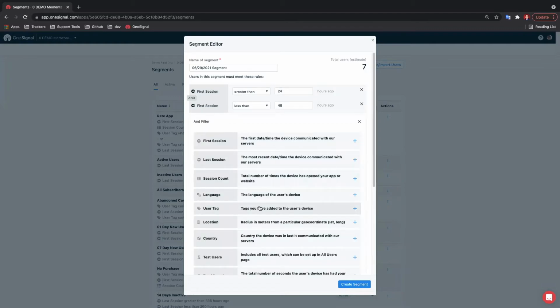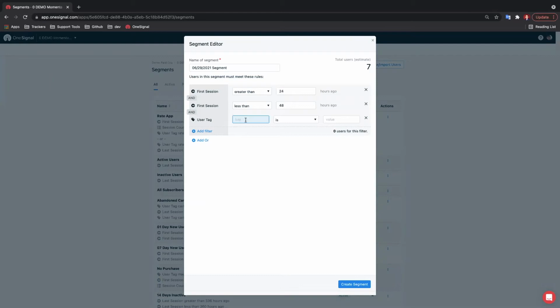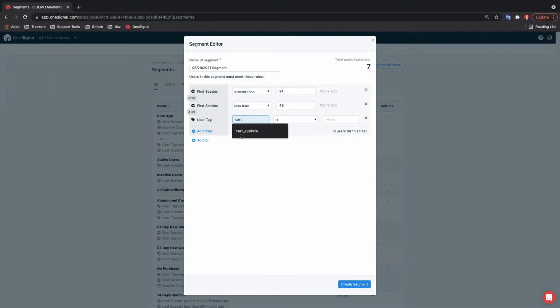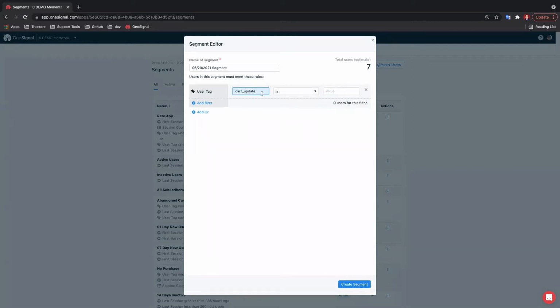So if I wanted to then say and user tag, and I can say I have a user tag called cart update. So whenever maybe somebody is on my website and I want to track whenever they make a purchase, I can use this cart update tag. And I can say this is a certain value. I could say is not a certain value. I could say just if the tag exists or does not exist. Since I'm tagging the user with a Unix timestamp, I could say, if it's greater than a certain amount of time. So greater than,